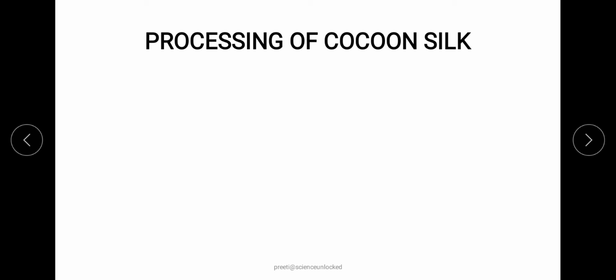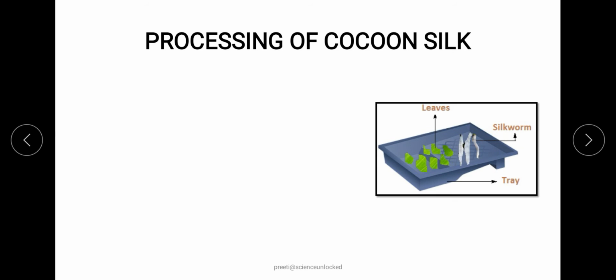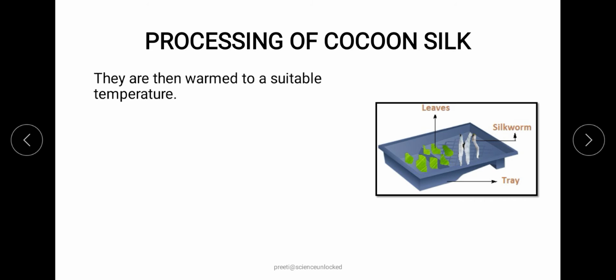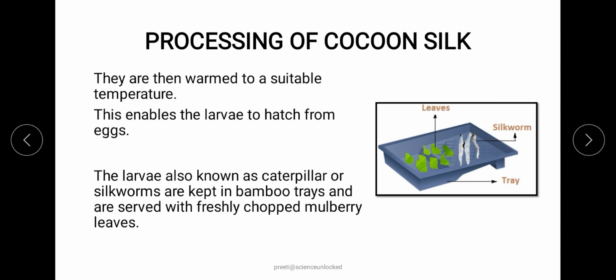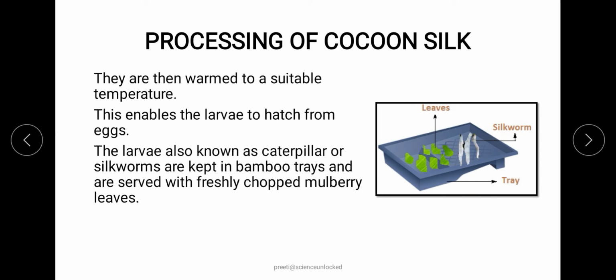We don't want that. So to make sure that we get a similar kind of environment, we are going to take small trays made of bamboo sticks, so that the larva or the egg which is coming out or even growing on the mulberry leaf will have the feeling that it is in a natural setup. On the other hand, we will maintain the temperature of the area where this whole thing is going on. We will also put small pieces of mulberry leaves.